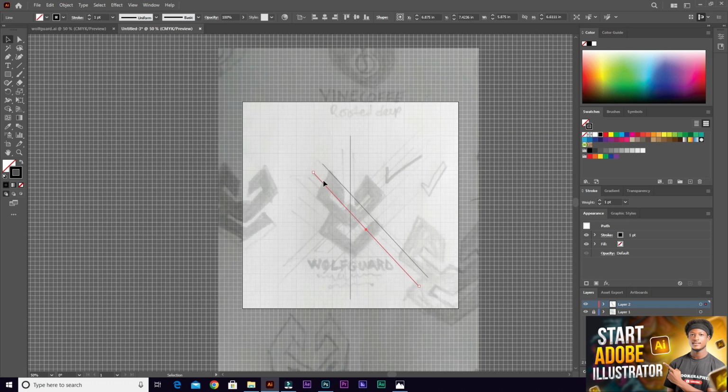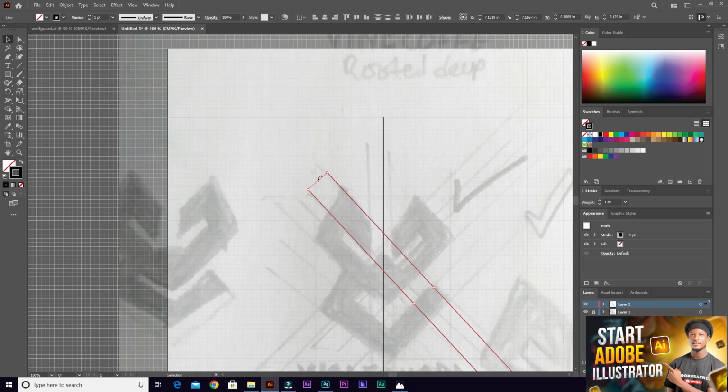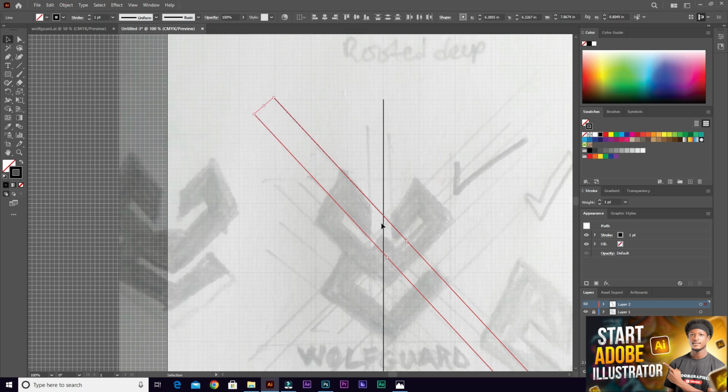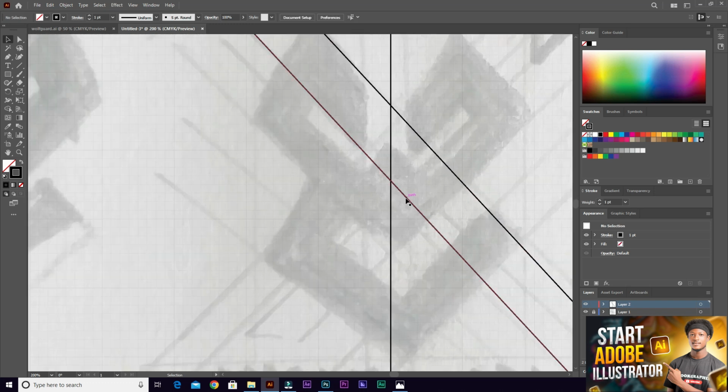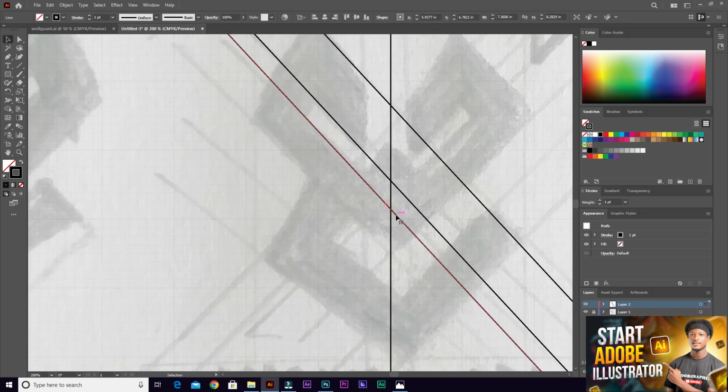So now let's drag over these two lines to select them and then increase their length. Then let's click on this line, hold alt and drag it here. And once again, the sketch on the paper is just there to guide us, not necessarily placing the lines on them as it is on the paper. Okay, so hold alt and duplicate this line here. Now what we need to do is